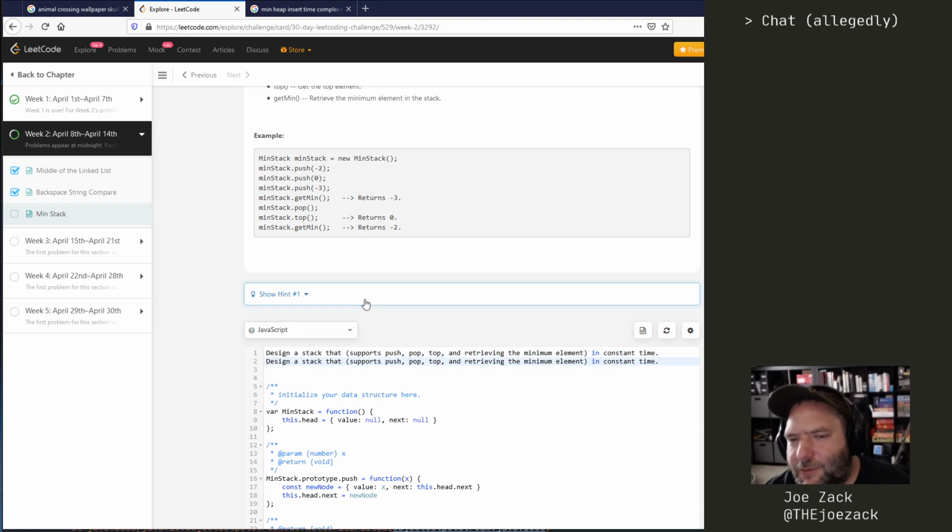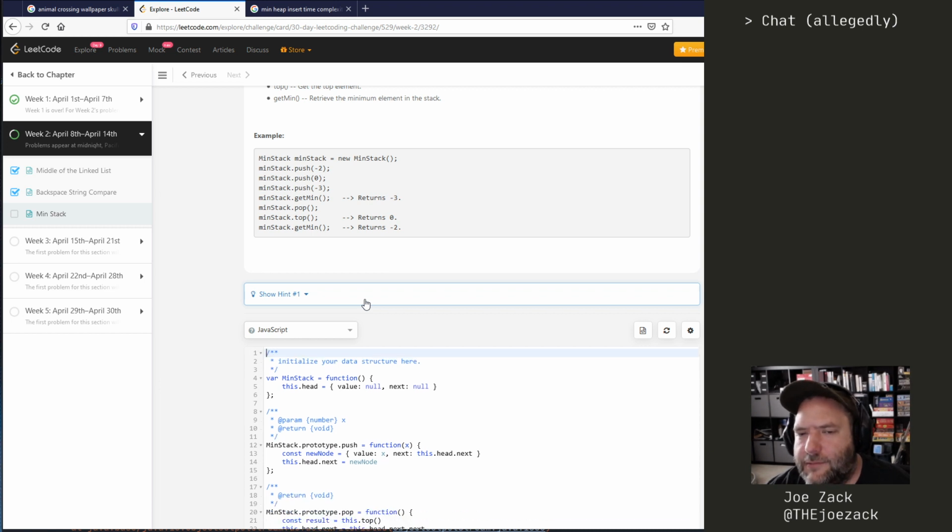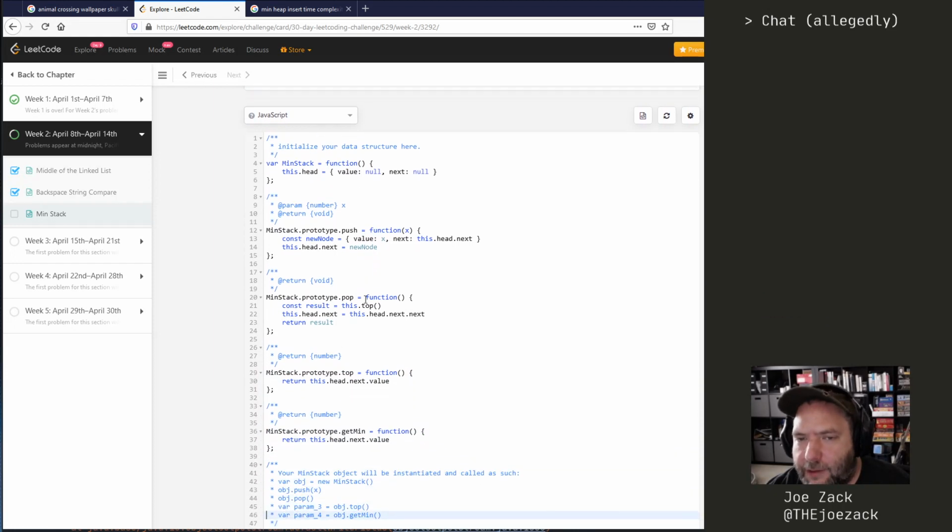But if we choose to read the sentence instead like this, then maybe what they're saying is push, pop, and top can be whatever, but retrieving the minimum element needs to be constant time. So in that case, Abdu, reading the problem like that, I'm going to go with your solution,